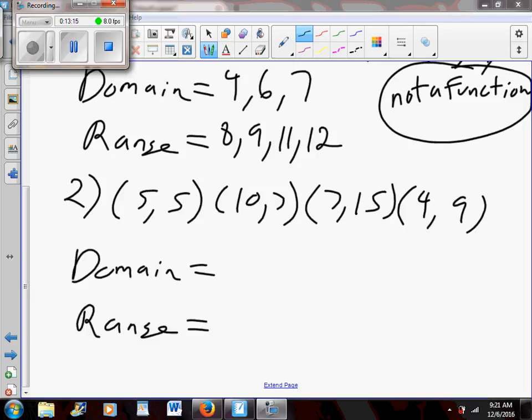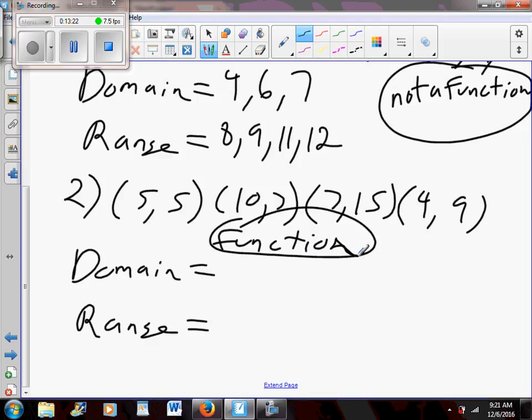To further explain, and yes, this is going to be a function. The answer here is yes. Just write the word function. Describing the domain, remember keep everything in order. 4, 5, 7, and 10, right? Describe for me the elements of the range again? 5, 7, 9,